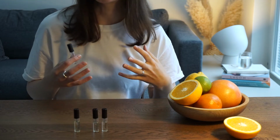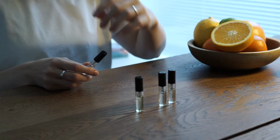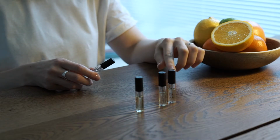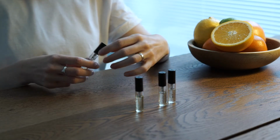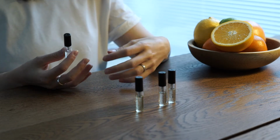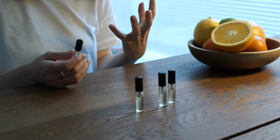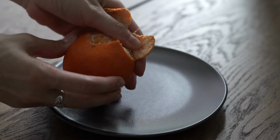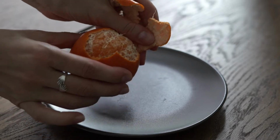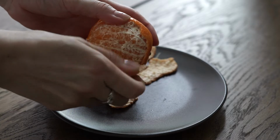I really love this green aspect here, like those mandarin leaves. Mandarino lasts longer than the first two fragrances, but after all it fades into a fruity musk. The note of white musk in the base is really prominent, and it's a rather polite musk note, quite pleasant. But I have to say, I'm not sure if I would want to smell like such a straightforward mandarin, because